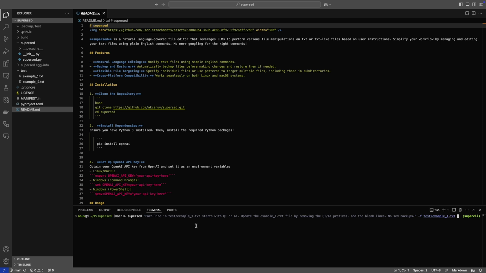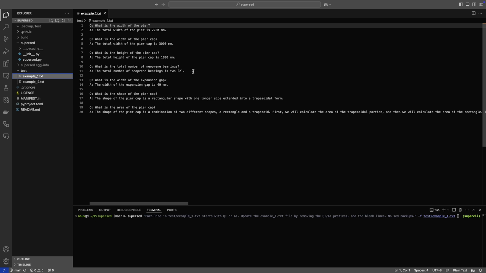file manipulations. Usually, you have to either remember the commands or Google it or use ChatGPT to find what the right commands are. Because usually these commands require a specific syntax and it's hard to remember them. So what I have tried to do is, instead of remembering the syntax, I want to explain to supersed what I want to accomplish, and it should produce the right commands and execute them to get it done. I'll quickly show a couple of examples.